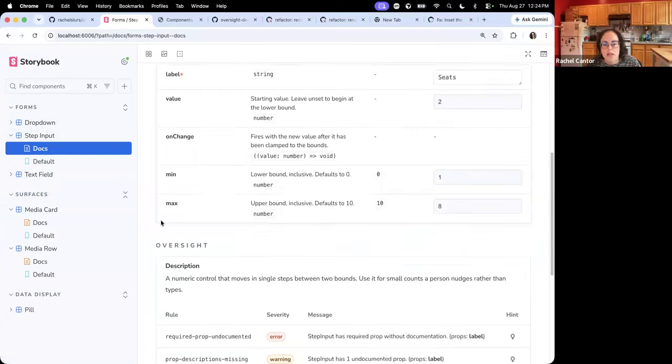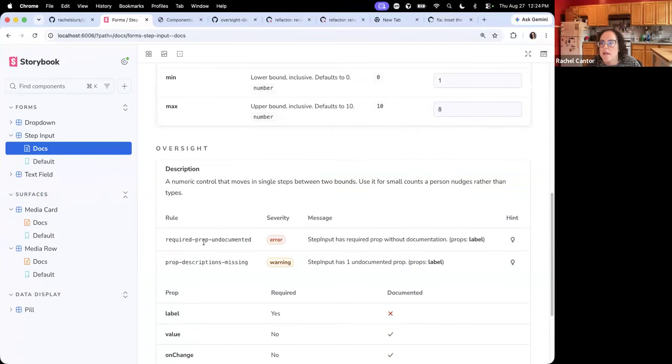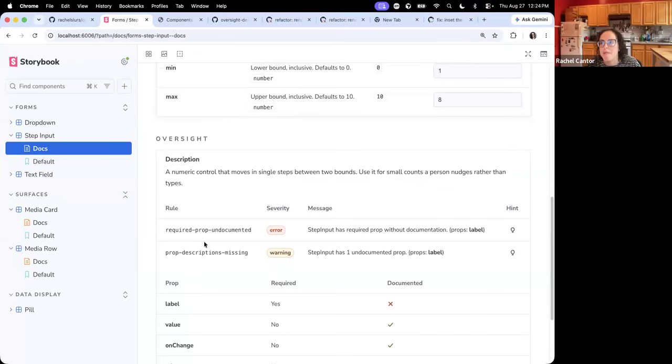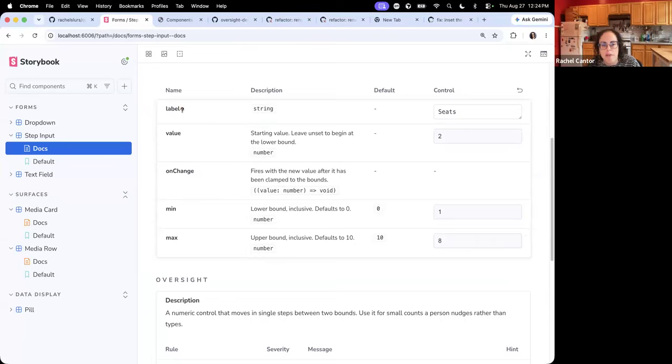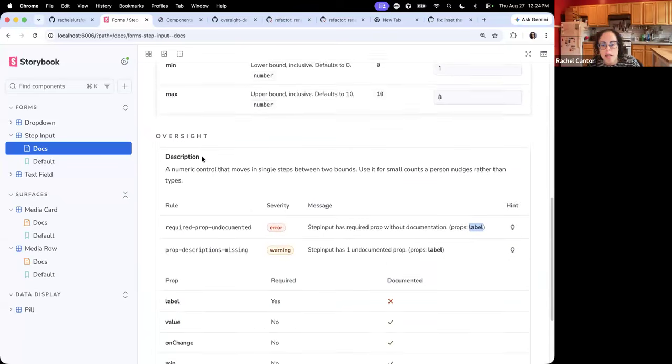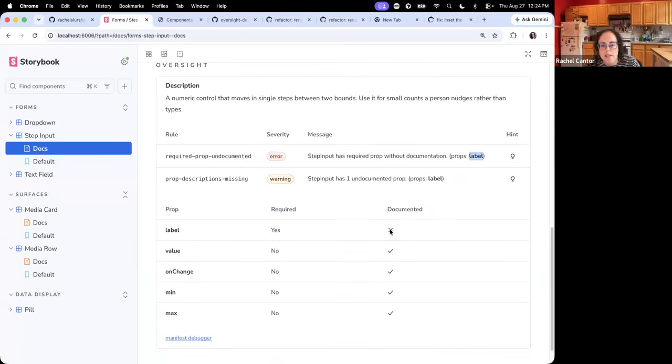So there's two findings here, and they're the same problem twice. A warning that a prop is undocumented and an error because that prop is required. Label appears to have no description. So you'll see here there's no description, but it doesn't necessarily warn you. You have that helpful little required thing, but we need to fix this so that we can remove these